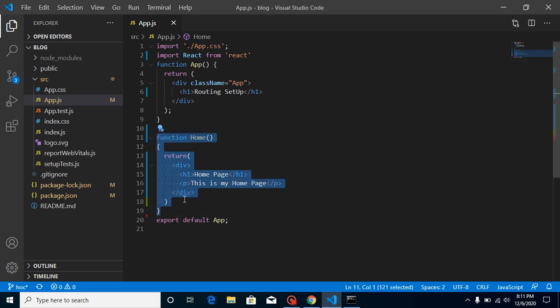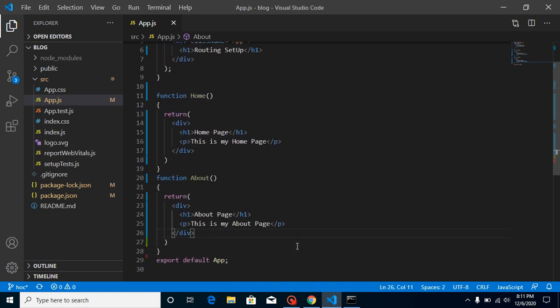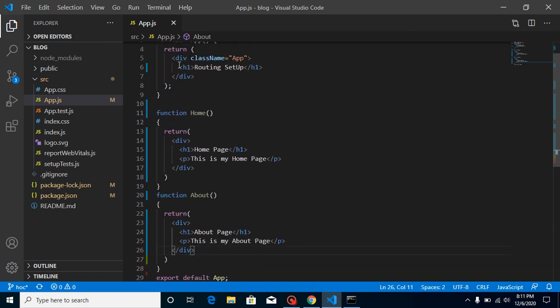Similarly, we can create one more component, let's say About, and now let's change some text like About page, and this is my about page. That's all. Let's try to use these pages for a moment and remove this h1 text.